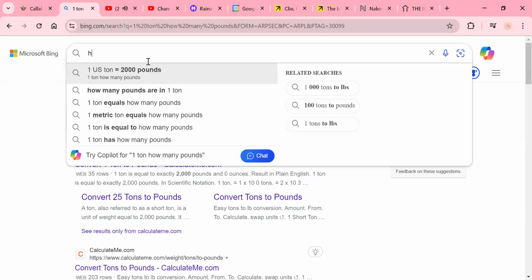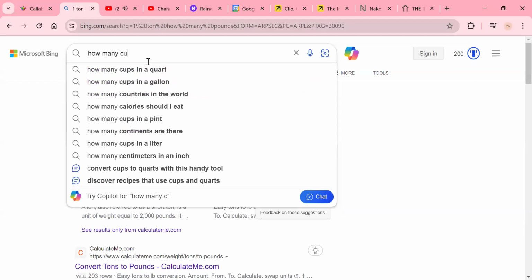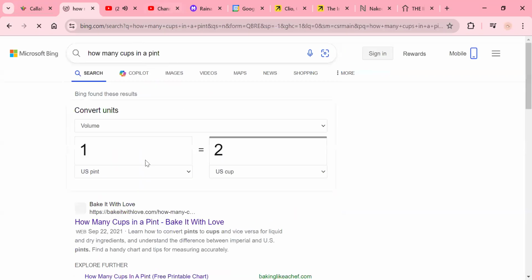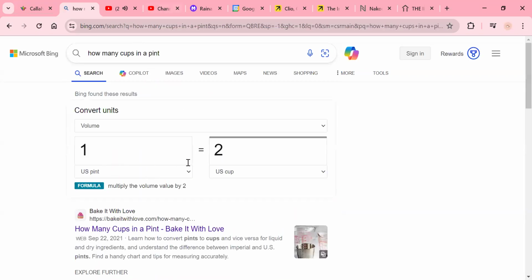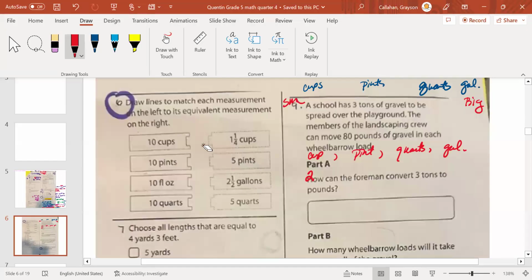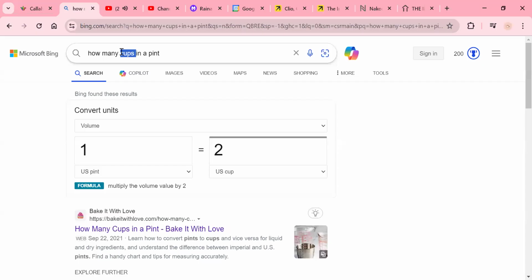Okay, so how many cups in a pint? How many is it? 2 cups equals 1 pint. Do you see that? So we're gonna go back over here and put 2 cups. So 2 C's equals 1 P. Okay? That's good. Now, pints of quarts. You ready? How many pints